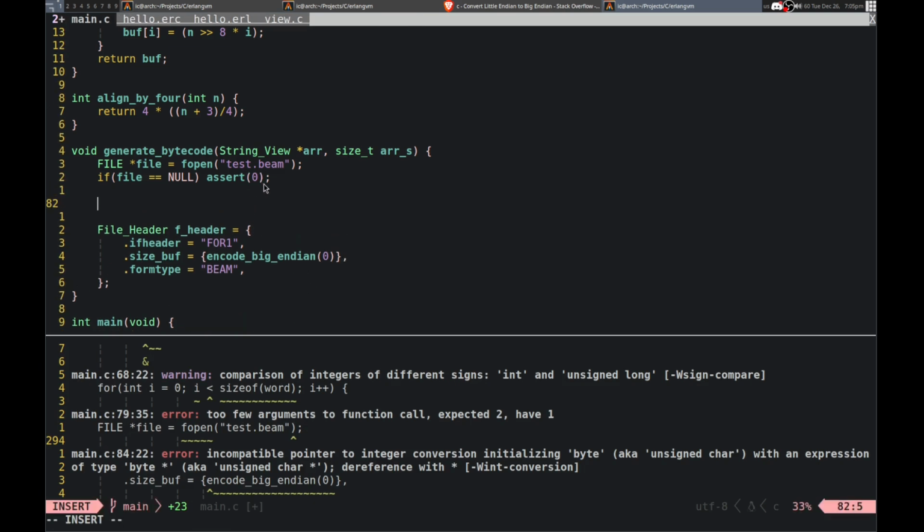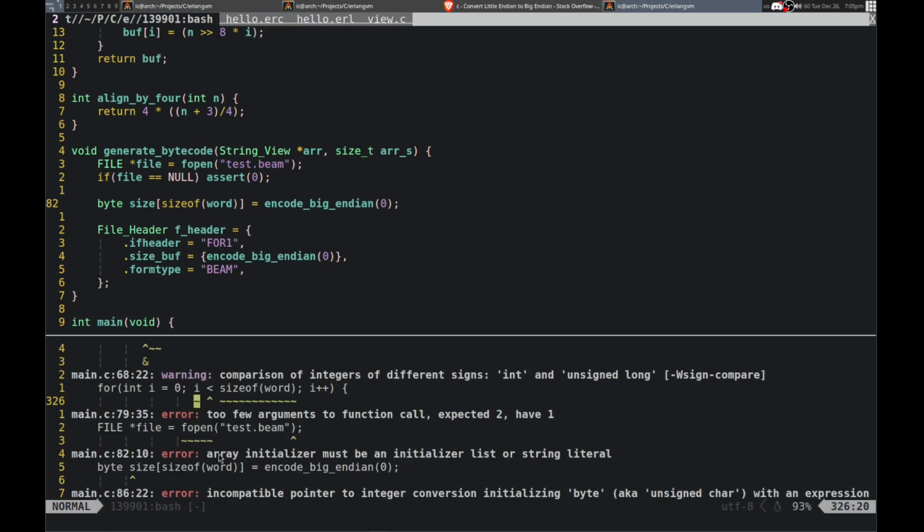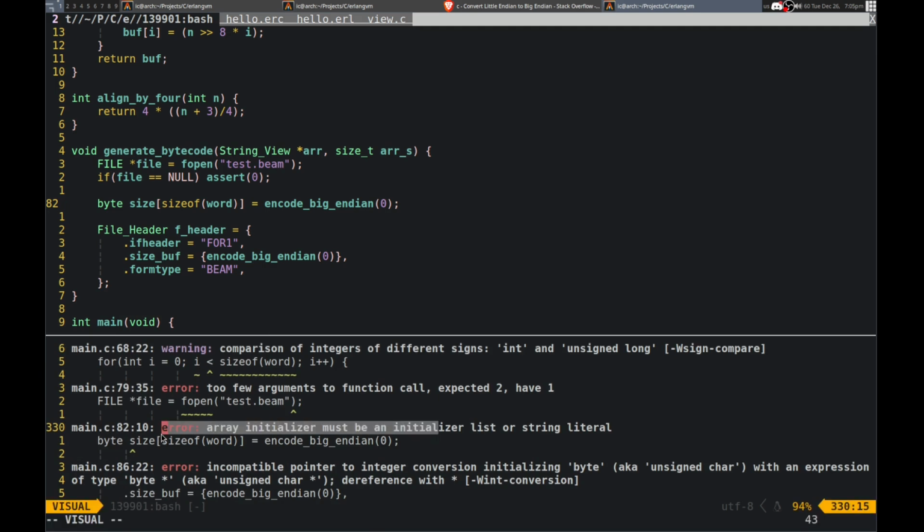Let me actually just do this. This needs to actually be a byte array, so okay. Oh yeah, that's actually not gonna work. So we need to memcopy.